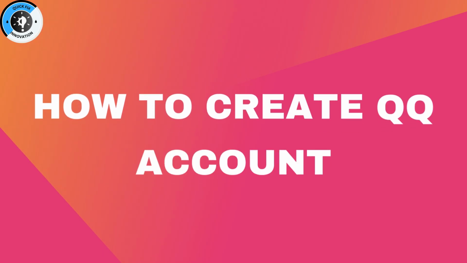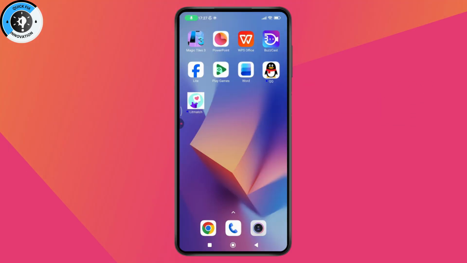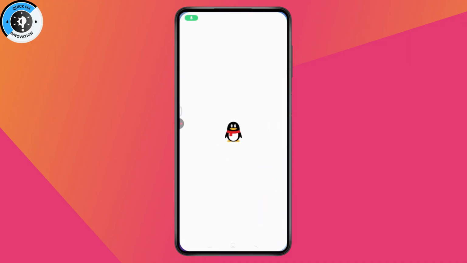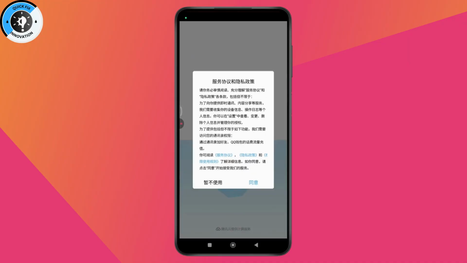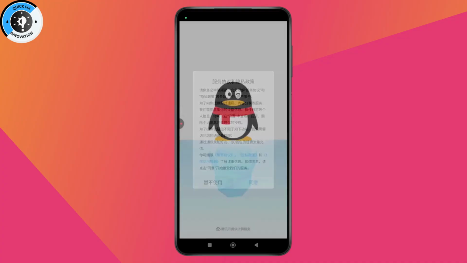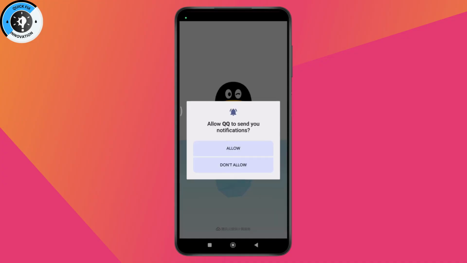How to create a QQ account. If you want to create a QQ account, first you need to make sure that you have a stable internet connection. After that, make sure that you install the QQ application. Now, after installing, you need to just simply go with agree, which will be on the right side, and allow the